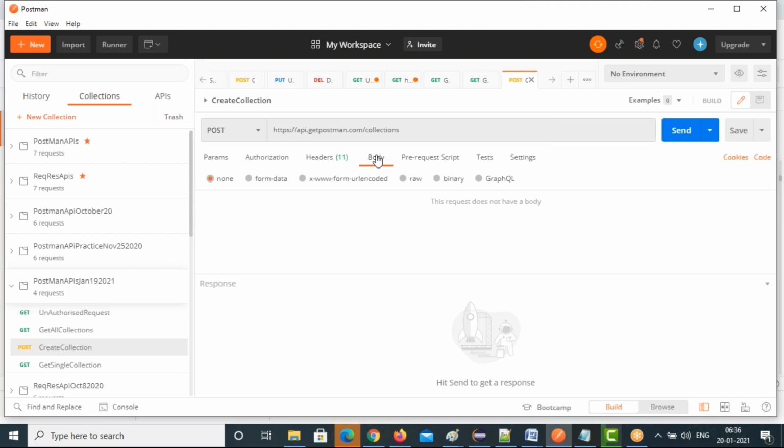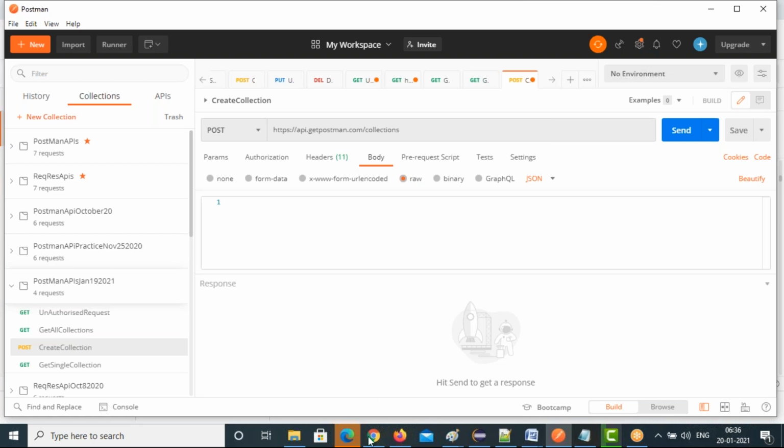We need to give input data. You're creating with the post method. Creating means you need to give input data. So in which format do I need to give it? That's the request body. Beside Headers there is a request body, and select the raw radio button here, and here you need to give your request.